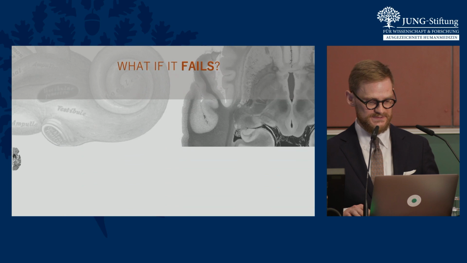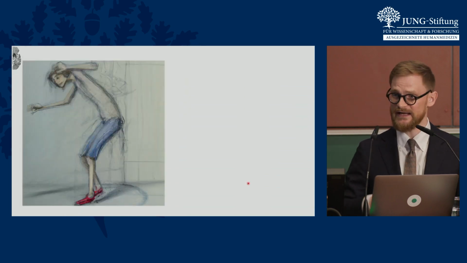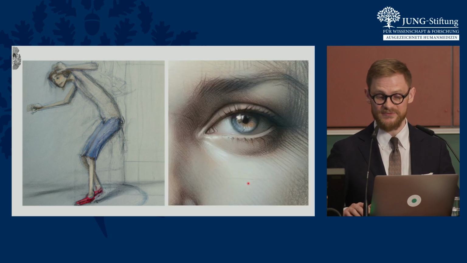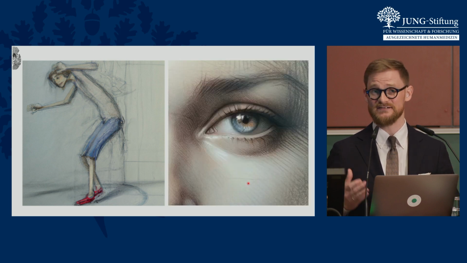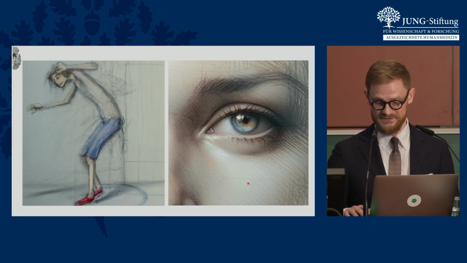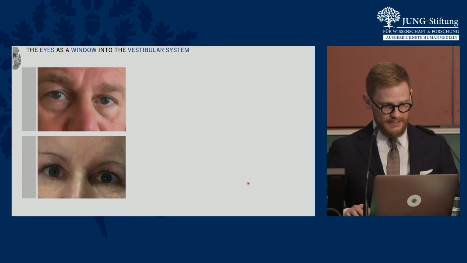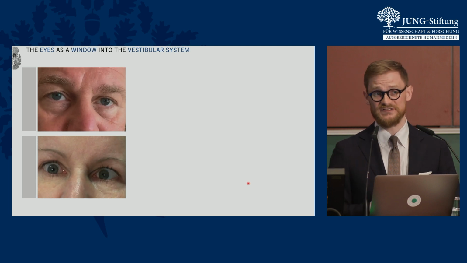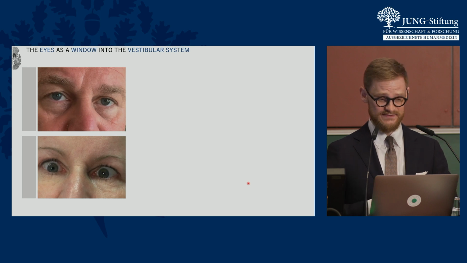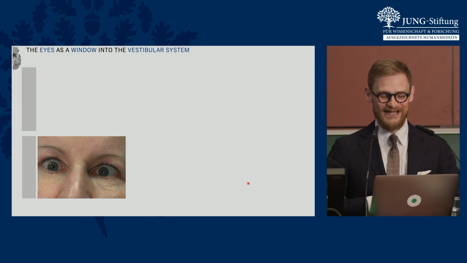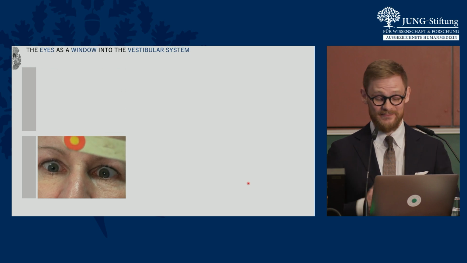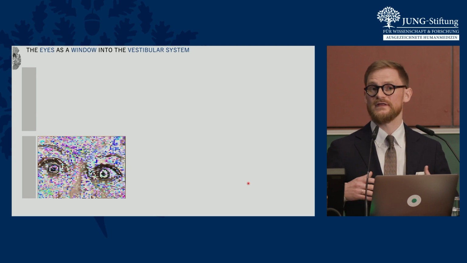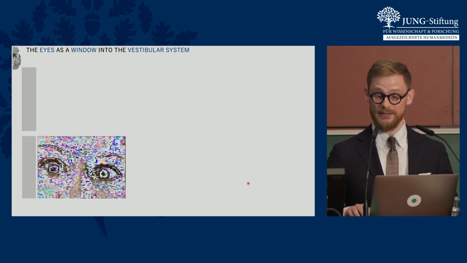So what happens if it fails? It follows from the function that vestibular failure causes postural instability, falls, and gait problems. But there's one set of symptoms that we pay particular attention to in the clinics, and those are eye movements. So here I brought you 2 patient examples, 2 cases of patients who presented to the ER with acute dizziness. You can see these wiggly eyes, and these eye movements are what we call nystagmus. And nystagmus is an eye movement disorder that tells us a lot about what is going on in the brain.